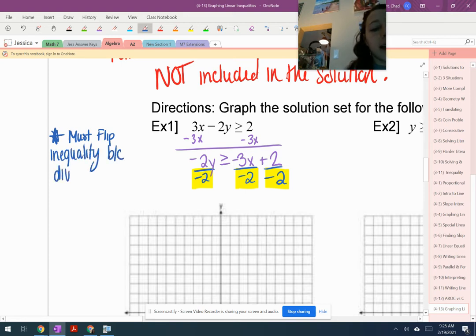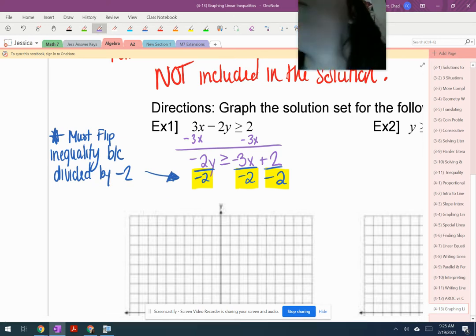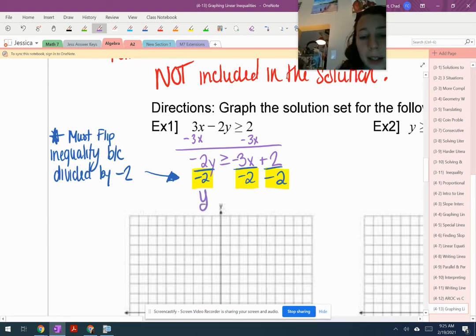Because we divided by negative 2, y is no longer greater than or equal to, but less than or equal to. The 3 and the negative 3 and the negative 2 cancel to be positive